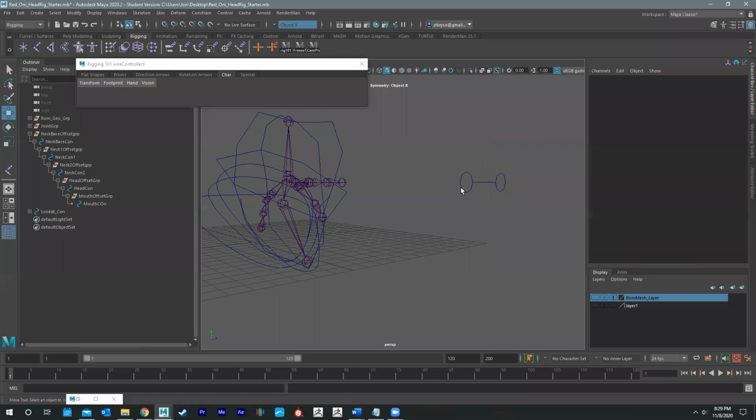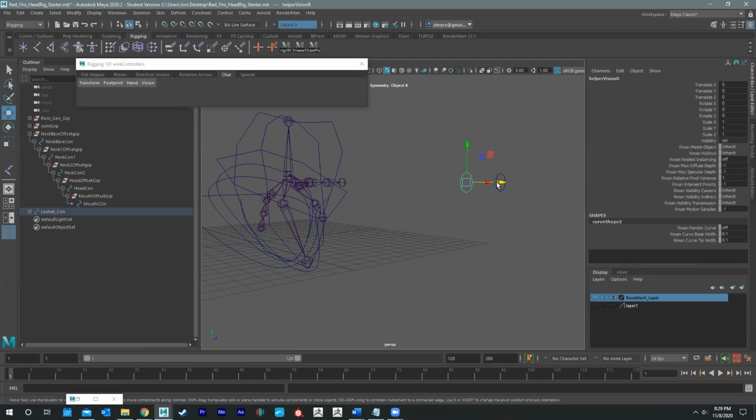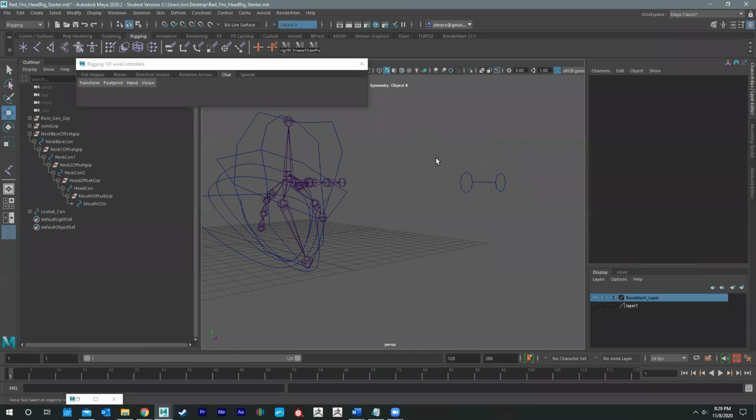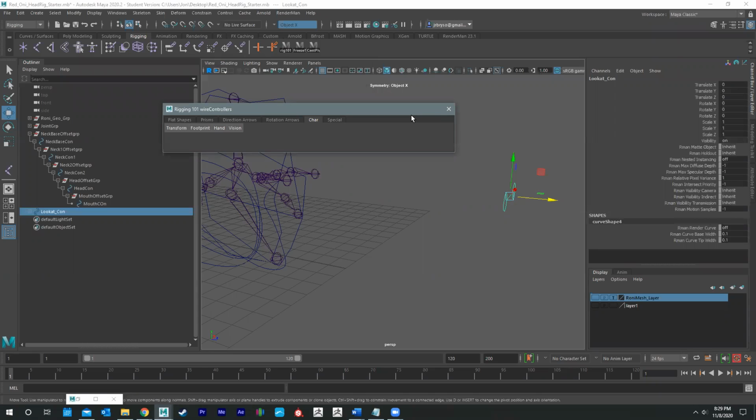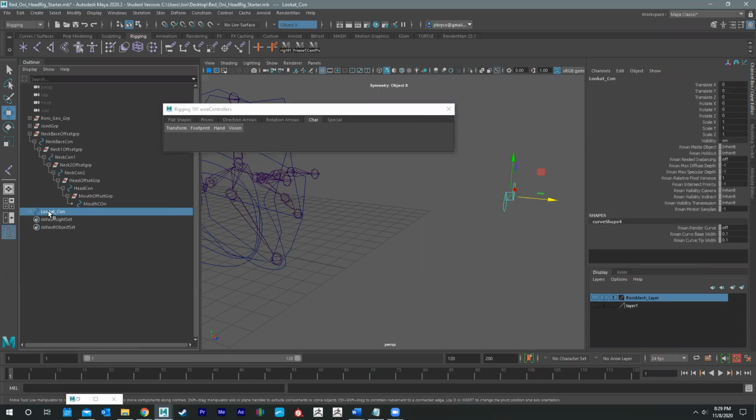Look at con, and then you have your vision R and vision L. Okay. And then these guys, for the sake of this rig, we'll go ahead and put this under the head con. I'm actually going to go ahead and group it to itself. And then I'm going to take that look at, put that under the head con. Now, the reason why I say for the sake of this rig we're doing this is because